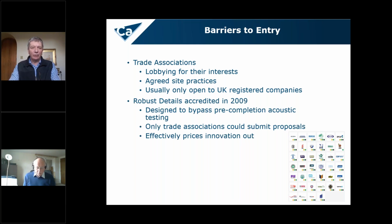As a good example of this, and this one is now some 12 or 13 years old, but it still holds water today, is the so-called robust details process. Now, robust details were actually introduced just after the millennium, and they were introduced by, again, trade associations. The intention here was that following general disquiet within the public and private sector about the acoustic performance of new build housing, the government had proposed that every house, new build, had to be subjected